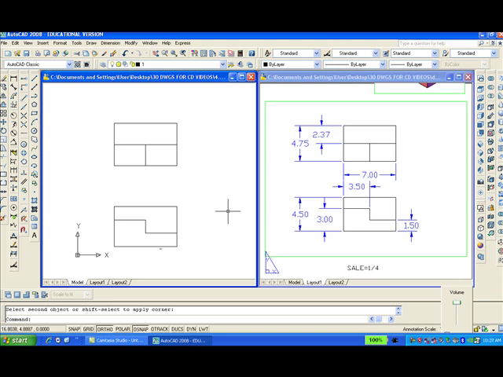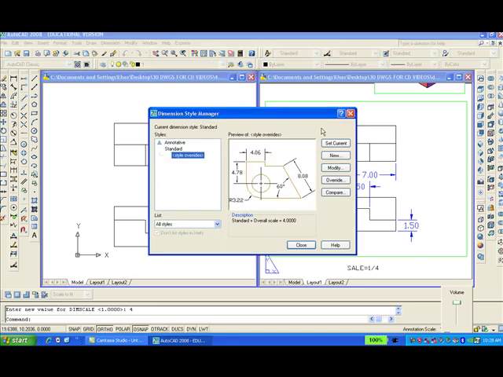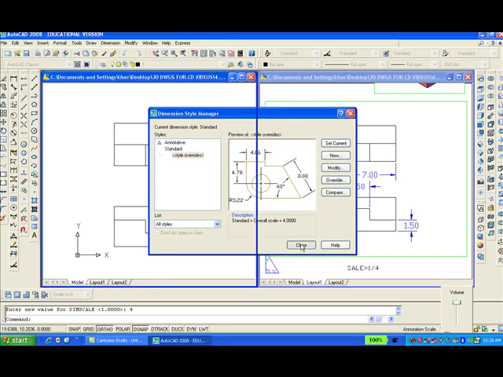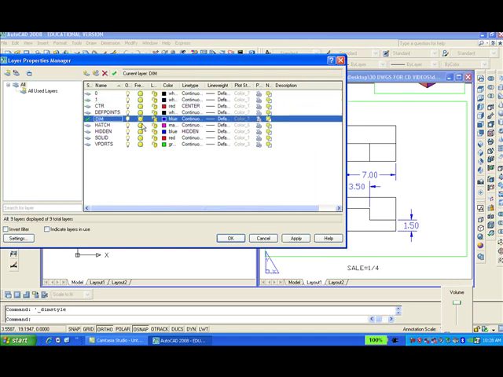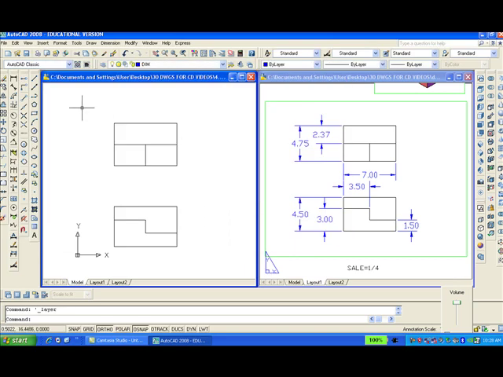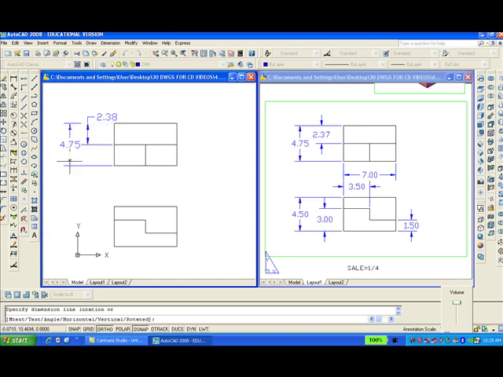Before I dimension, I'll have to type DIMSCALE, D-I-M-S-C-A-L-E. The default is 1. I want it to be 4 because I want this part of the drawing to plot at 1/4 scale. And it will check out the dimension style. It's 2 places, so that's okay. Now I'll change and make the dimension layer current, and hopefully it'll all come out right. So I'll put a dimension with O snap on from here to here,